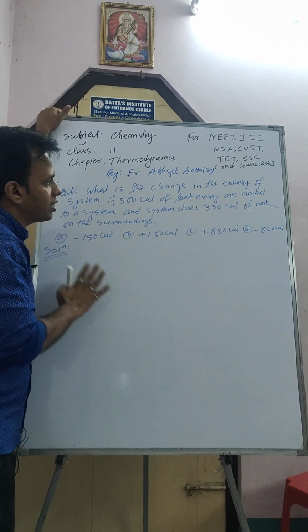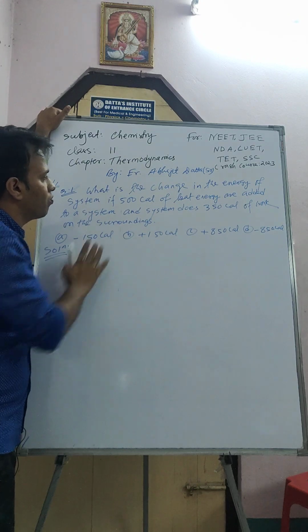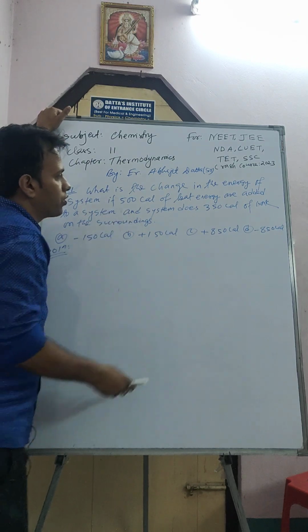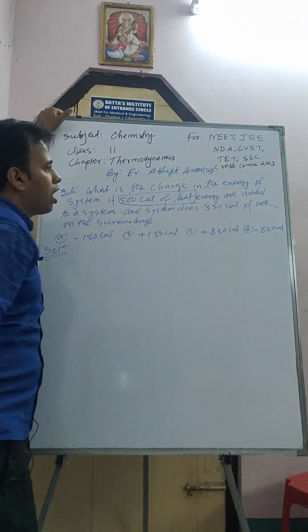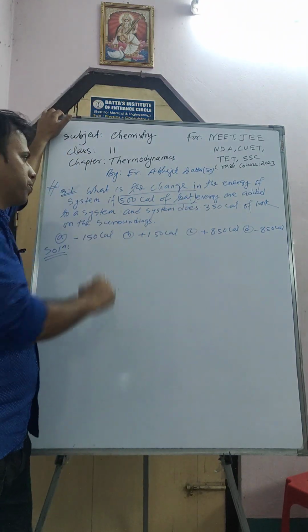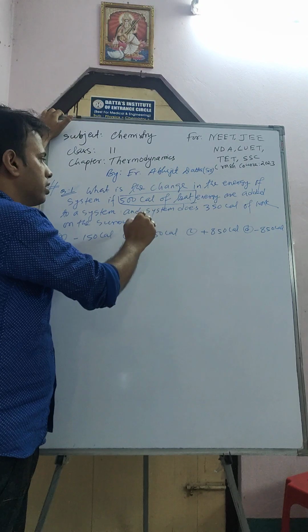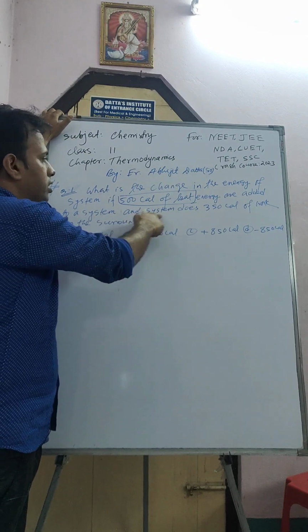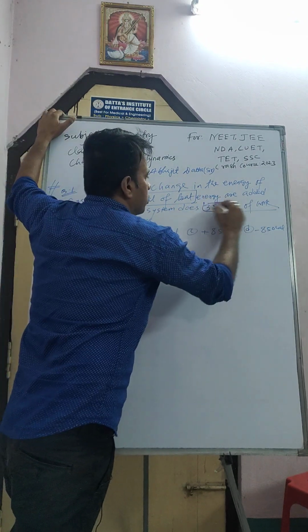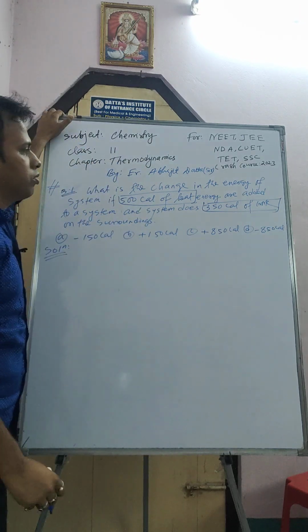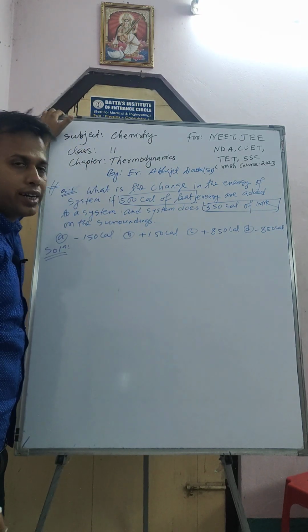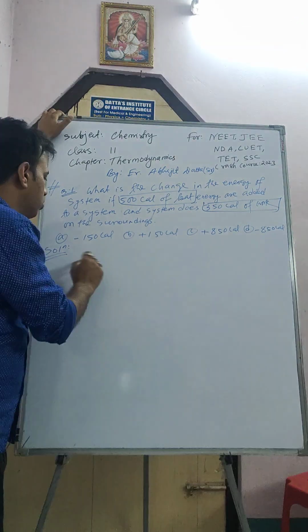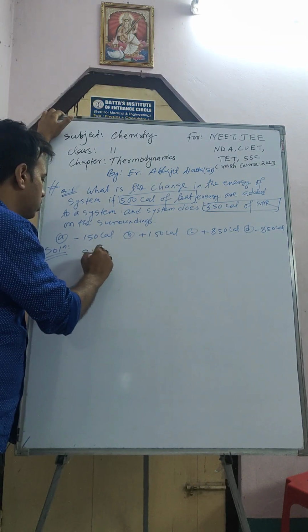What is the change in the energy of the system if 500 calorie of heat is added to the system, and the system does 250 calorie of work on the surroundings, okay? So what is the change in internal energy, we have to find out. So what is given here? So given